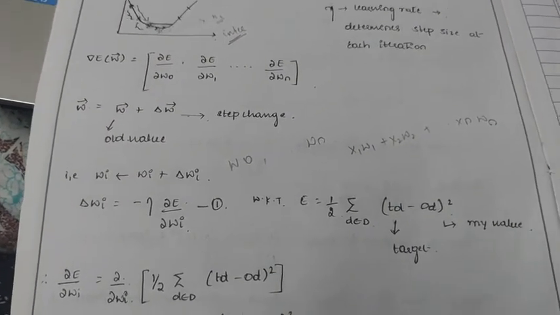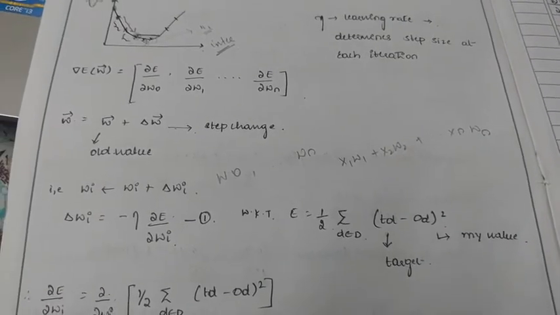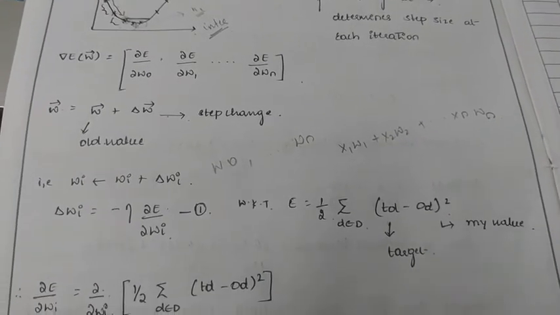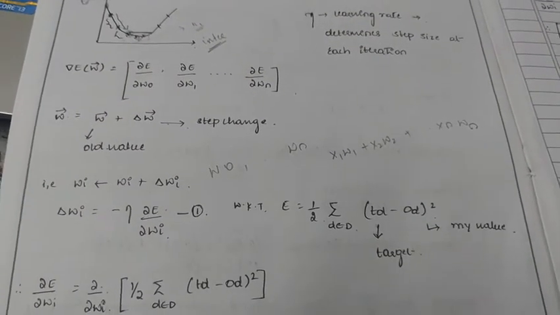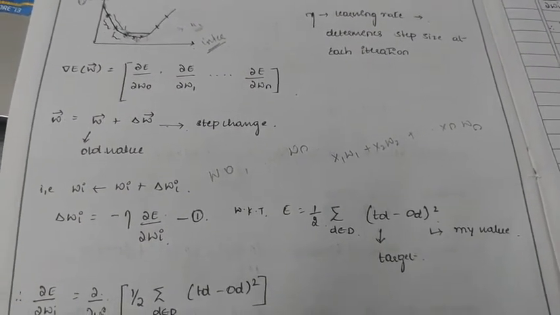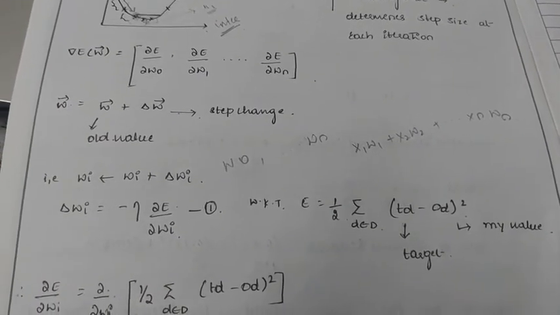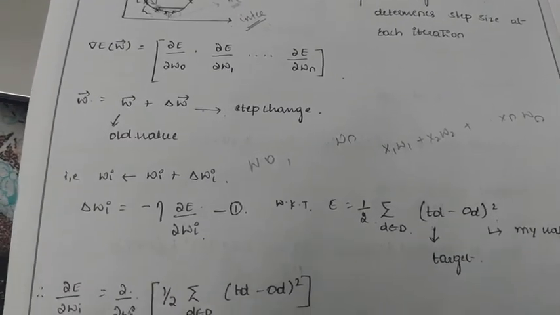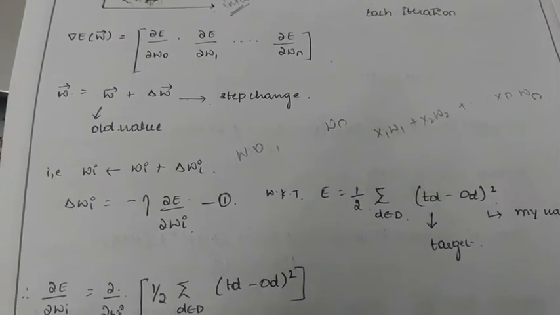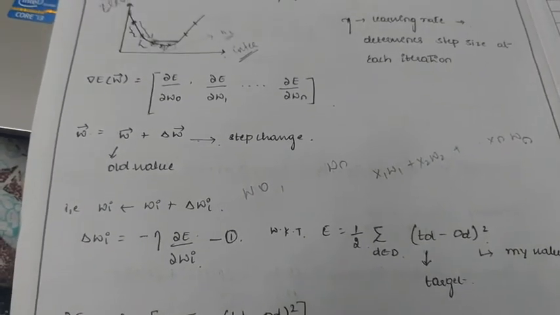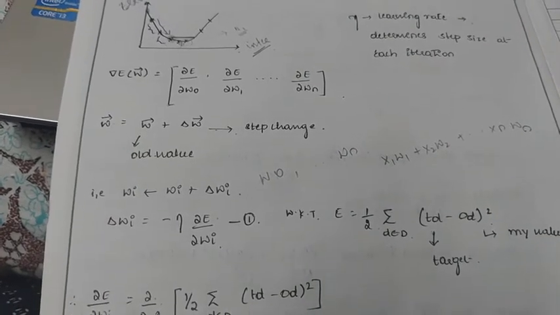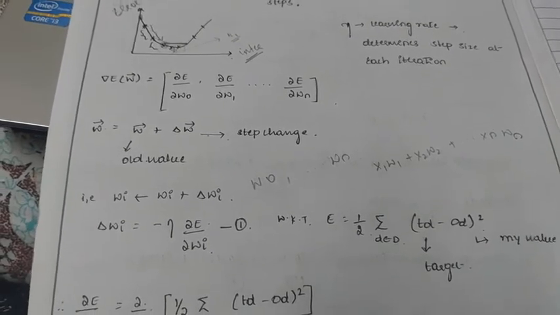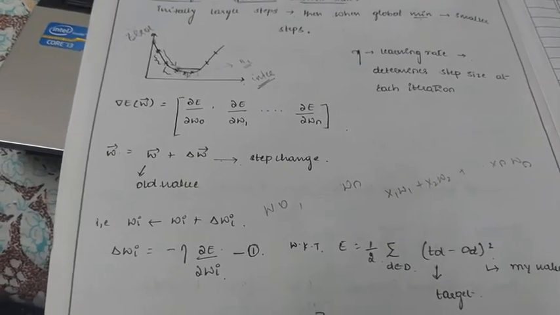Iteration, again, how many iterations do we have to do? It depends upon the number of inputs present here. Previously in the visualization, there were 3 samples, 3 data points present, so 3 iterations were done. In the same way here, as many weights and inputs as we have, that many iterations we need to perform. So eta indicates the learning rate. It indicates how large a step size should be taken at each iteration.